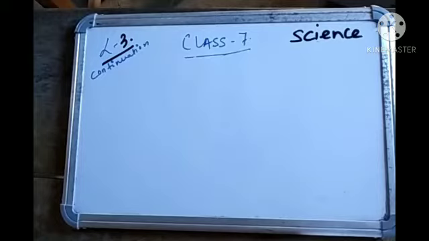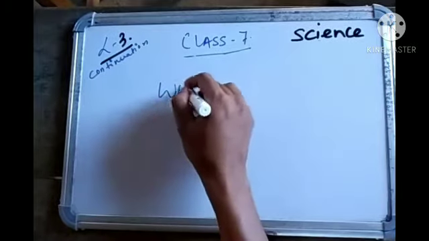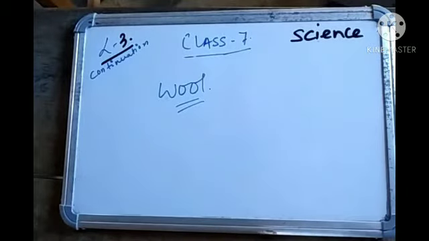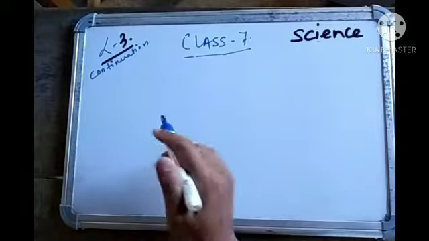Today I'm going to teach science of class 7. This is a continuation of lesson number 3. Lesson number 3 we have already started, and I will help you to recall what we have learned in the previous lecture. We have learned about wool in the previous class. How do we get wool? What are the animals that yield wool? Processing we have learned. So today we are going to learn the second topic of lesson number 3, that is